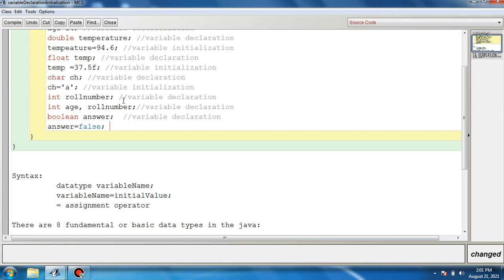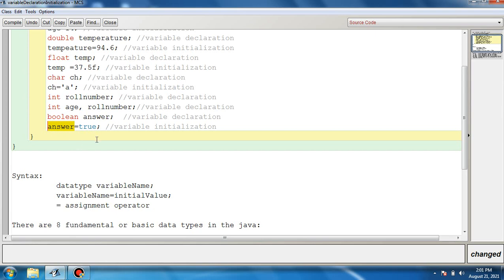So this is variable initialization. We have assigned the value to the variable. Remember this, for boolean we can assign only two types of values, true or false. One boolean variable can store only true or false.